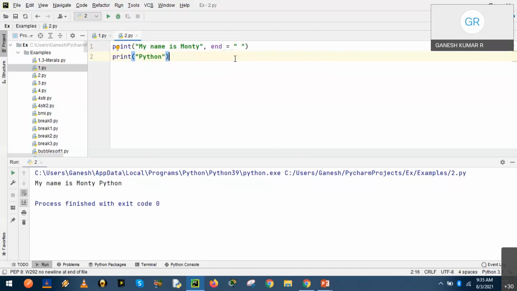Okay, so that is one kind, and we have another kind that is called separator, SEP. Okay, so for example, let us introduce one more statement.